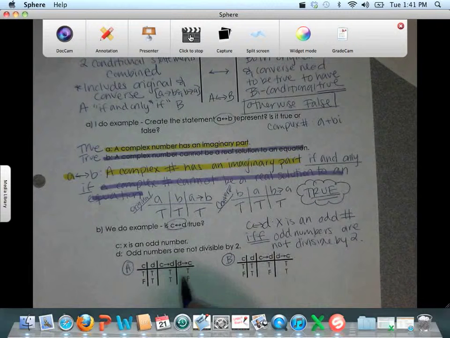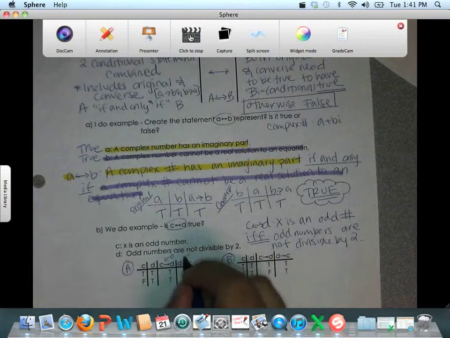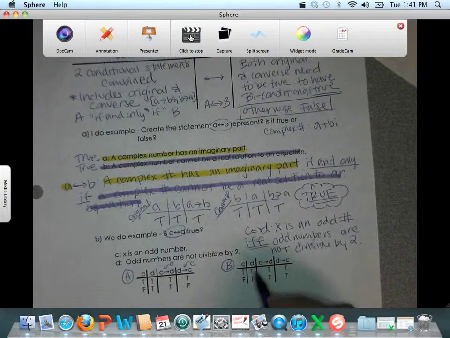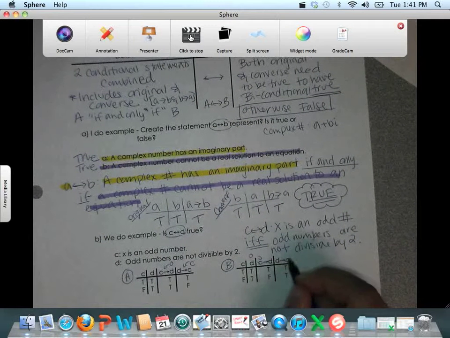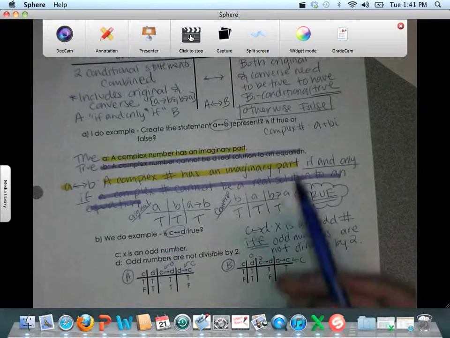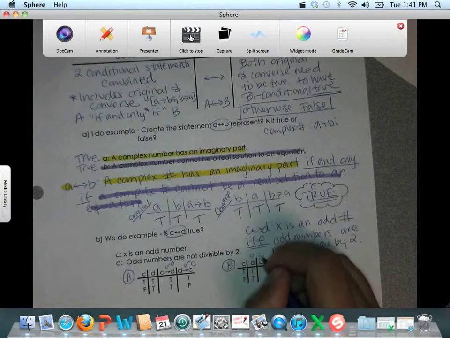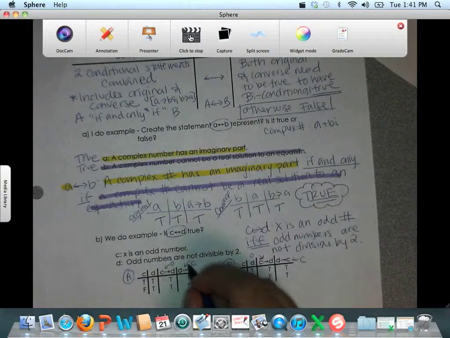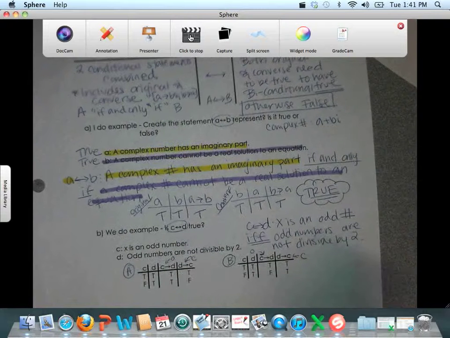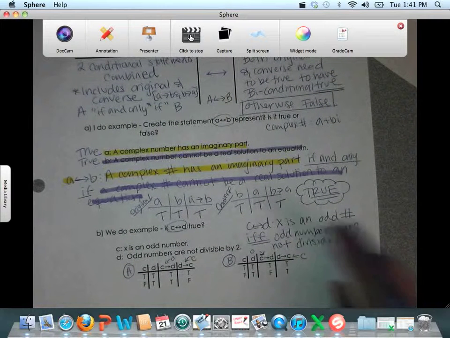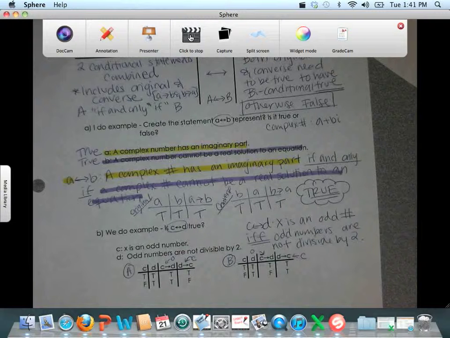Because you'll see that here is the original and here is the converse. Here is the original and here is the converse. So rather than do them as separate tables, they combined it. Okay? All right. Well, again, before you decide on the tables, you need to decide whether each statement is true